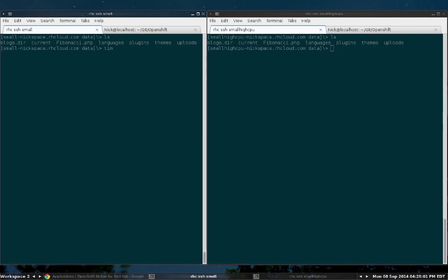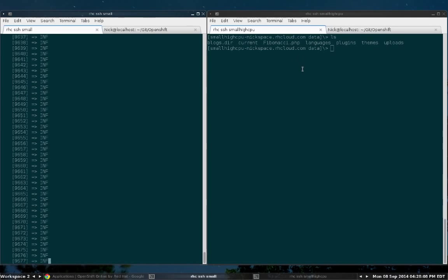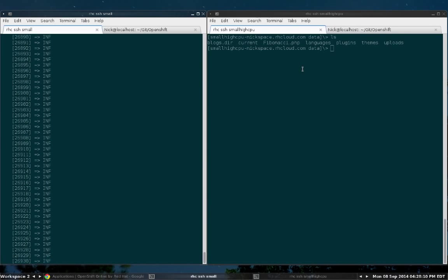I'll set the control by running the Fibonacci sequence in the small gear first. You can see here I'm just going to append it with that time, and that way we can see the length of time it takes to run it at the end. Taking a little while, but we're almost there, and we're done. You can see it took us 13.852 seconds, which isn't bad,